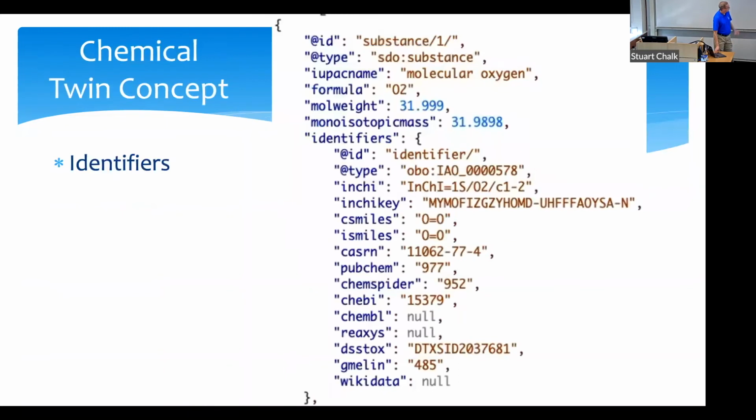If we go on to look at this in more detail, here's the identifier section, or an example of what an identifier section might have in it. The reason why this is important is if we go back to the SciData workflow example, we need to be able to have a lot of identifiers in here because we don't know how the data is going to be identified coming in. So we need to have a way to try and match it up. Obviously, in this case, we have some identifiers and some of them we don't have, like ChEMBL or Reaxys, for instance.